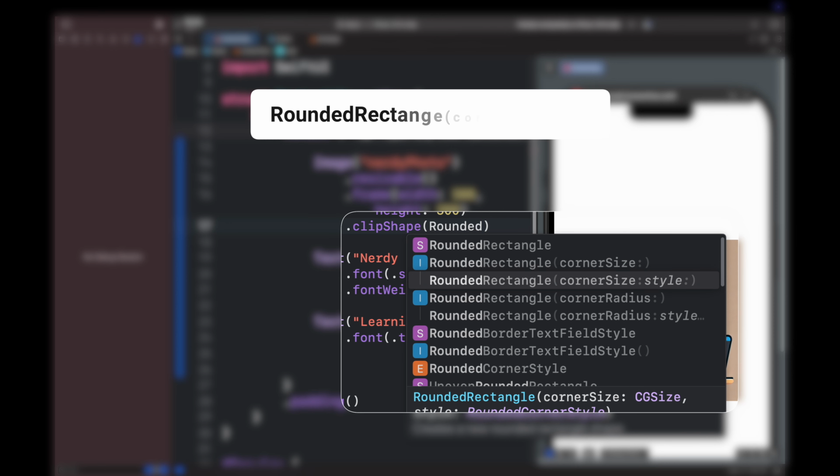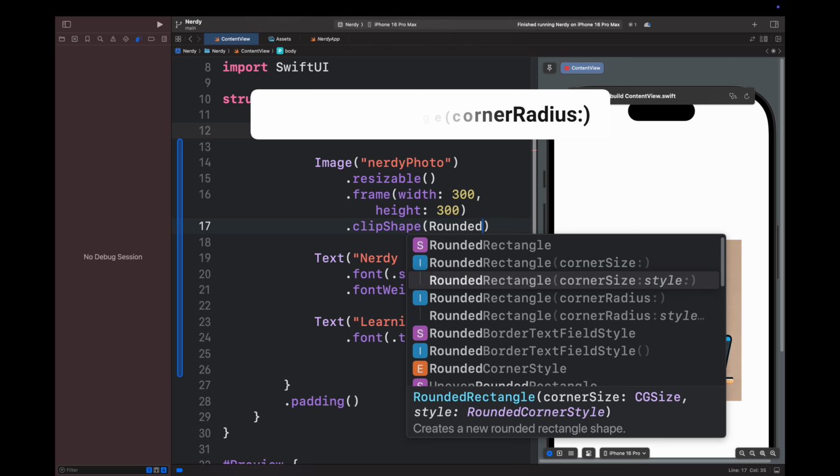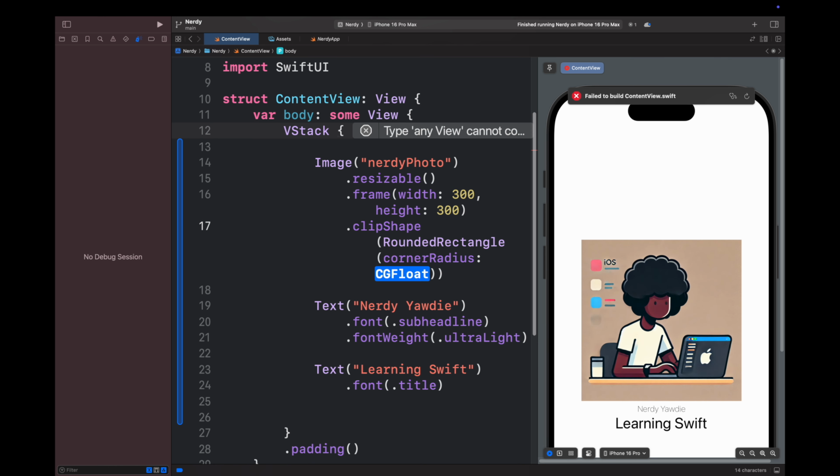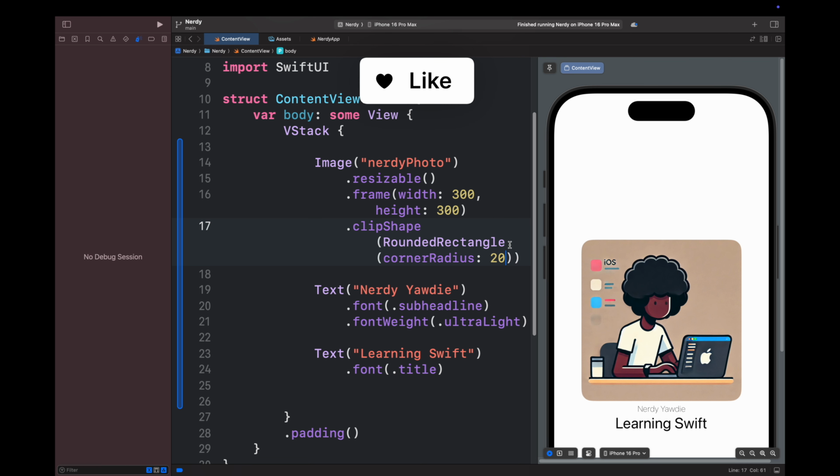And make sure you scroll down to the rounded rectangle that uses corner radius, not corner size. And then hit this. And then the same thing, we'll type in 20 here. And if we look at our image to the right, we'll see that it has the same roundness. So that's how you pretty much round the corners of your